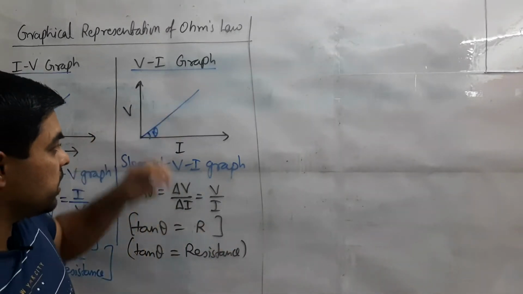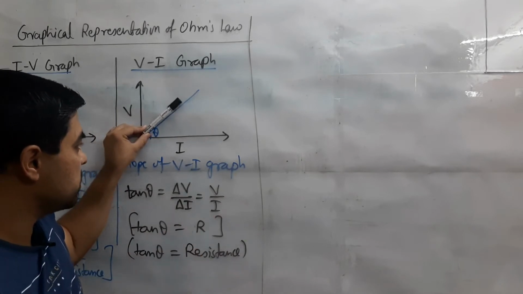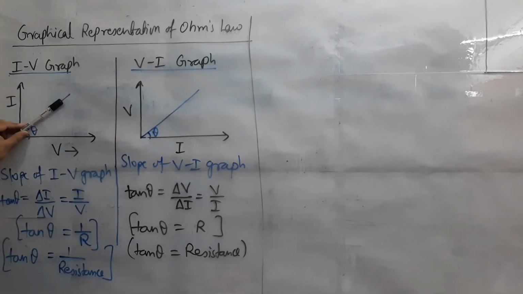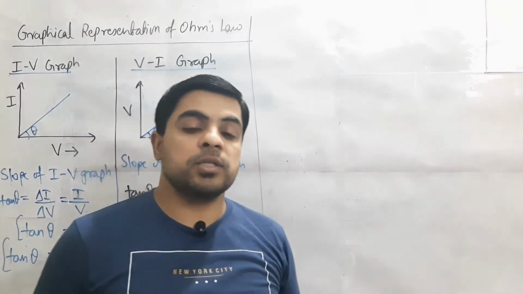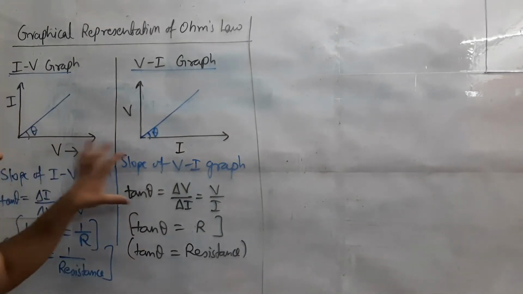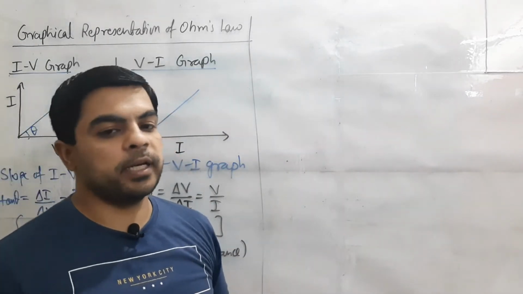Suppose it is at this certain angle. If we are increasing it, resistance increases. If we are decreasing it, resistance decreases. But here, if we are increasing it, resistance decreases because of inverse proportionality or reciprocal relation. And if we are decreasing it, resistance increases. In this way, many conceptual and graphical questions could be there, and when this concept is applied, you can solve them very easily.